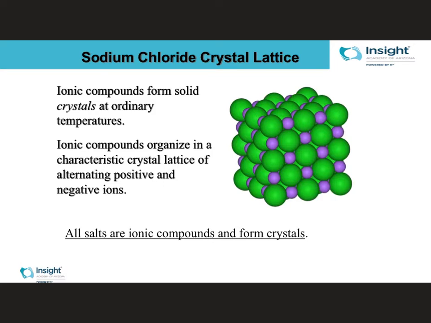So, talking in a little bit more detail about this organized, hard structure. So this is sodium chloride, but this would apply to any salt, any ionic compound. All right, so if you remember, the term salt applies to all ionic compounds, but they all form this crystal lattice structure where you have your alternating positive and negative ions. What this does is it actually leads to some attraction between the neighboring ionic compound. All right, so like this